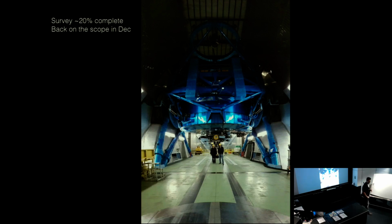Yes? If I remember your original papers, you showed surveys that have been done with some limits. Pushing up the magnitude, brighter is great, but it also means that it's more likely that it would have been spotted. I'm wondering how that plays against what we've already searched. Yeah, that's a great question. I think the biggest set of constraints comes from the Pan-STARRS survey, whose claimed magnitude of completion